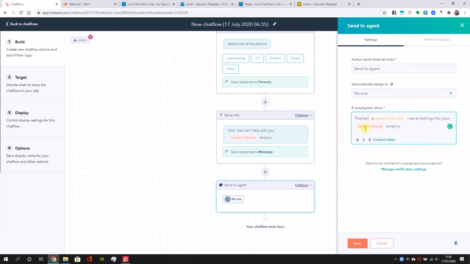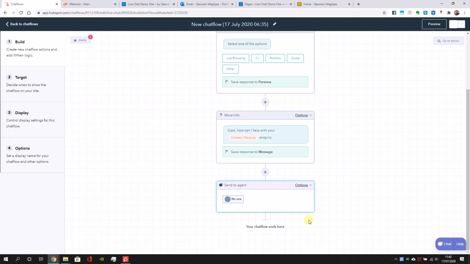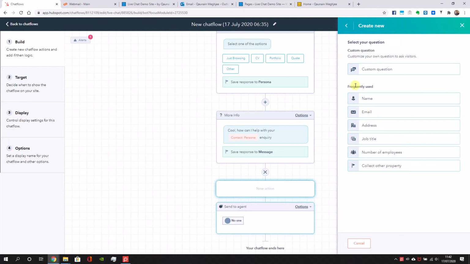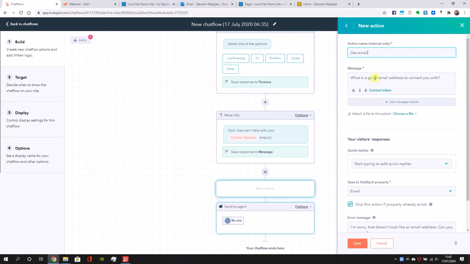So we can make it a bit more powerful by trying to get an email at this stage, because we've already got them to click a button and write something about it. So as you saw, go to custom questions, ask question, and there's an email template already there. Just modify the message,